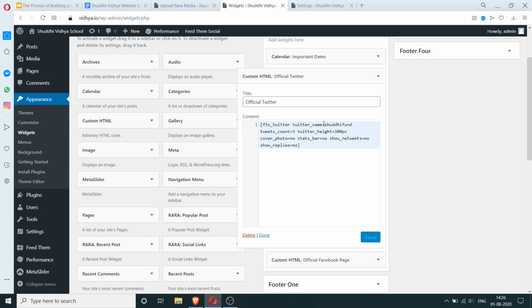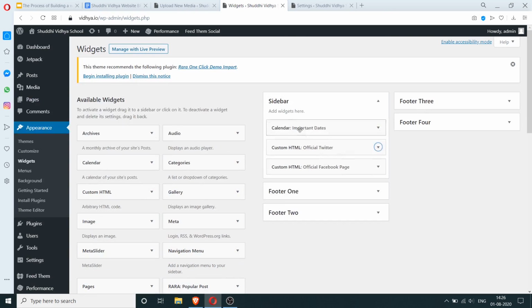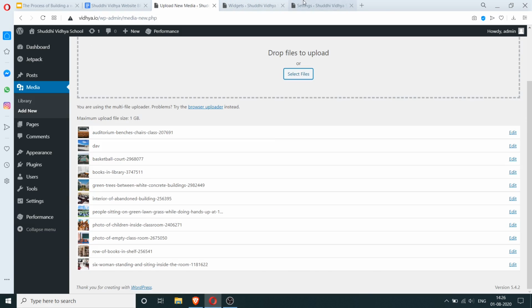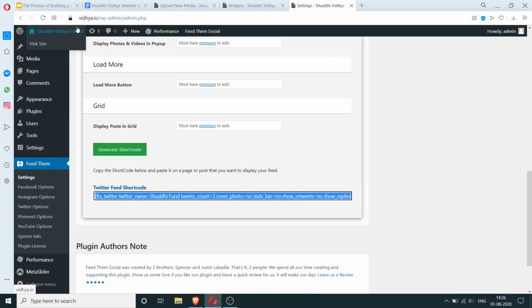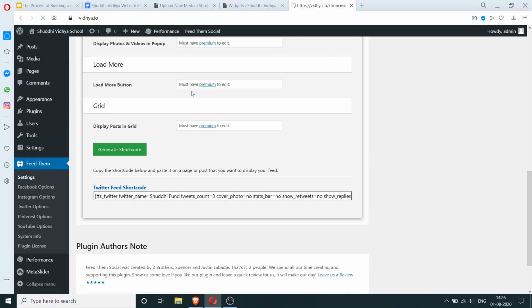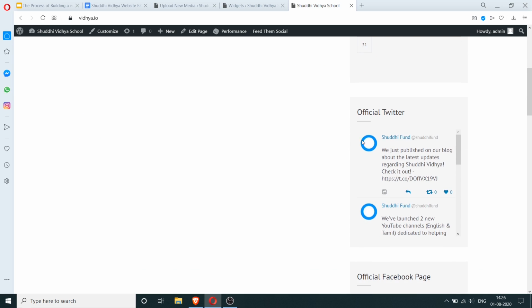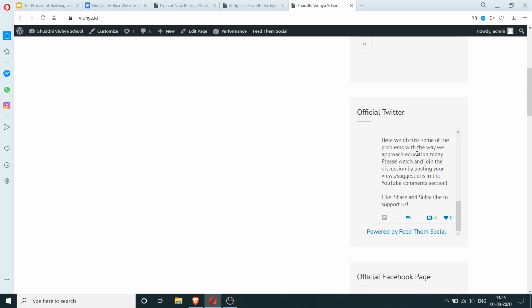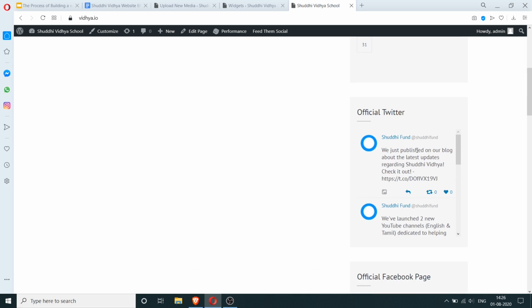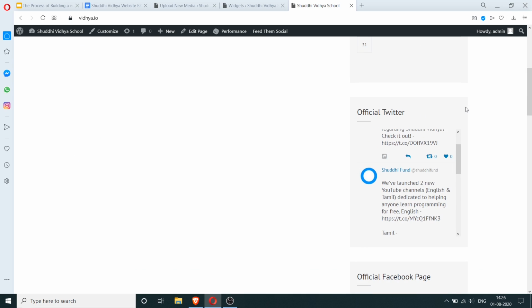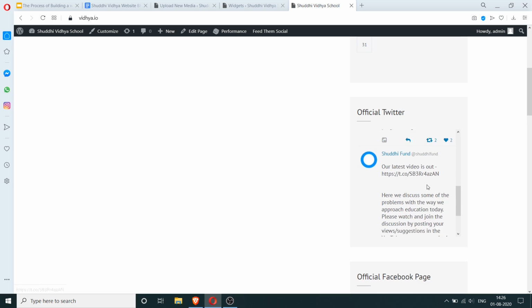So the issue earlier was just that in the Twitter name I had a space, and so it used that as the username. So we were seeing somebody else's account information. So now we're seeing our official Twitter feed. Great, and we can restrict the size here to 300 pixels.